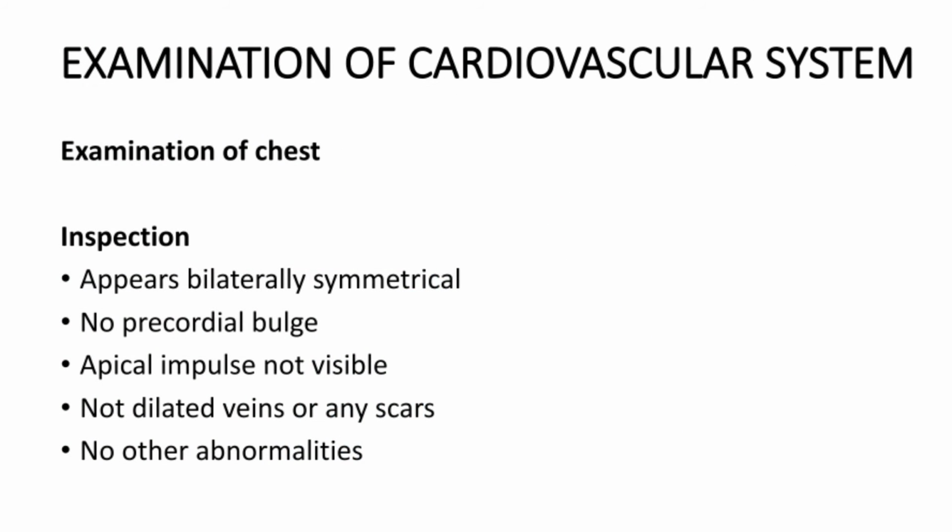Examination of the cardiovascular system. Examination of the chest showed, with the inspection appearing normal, that it appeared bilaterally symmetrical. There was no precordial bulge, the apex beat was not visible, there were no dilated veins or any scars, and